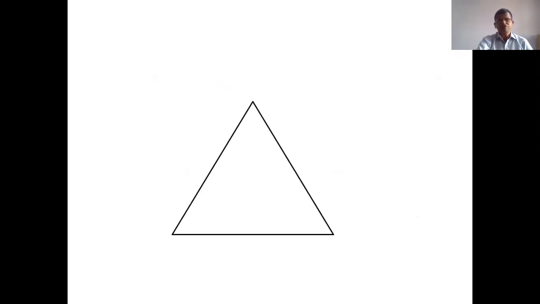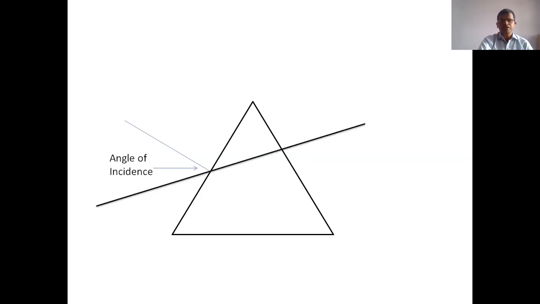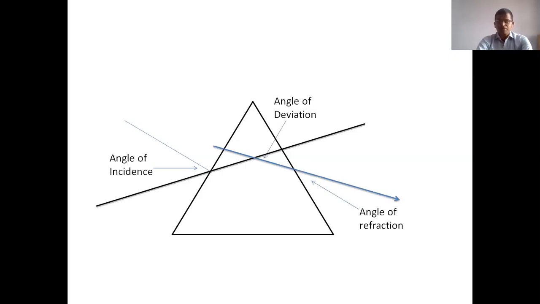First we show an image. As per the drawing, we draw a triangle, and on one side of this triangle we draw a normal ray at 90 degrees, and we have a known value of the angle of incidence. So we create the angle of incidence here, and with the help of the angle of incidence, we find the value of the angle of emergence. Now both the rays meet each other, and that gives the angle of deviation. Whenever we perform the practical, we will show how the angle of deviation is obtained.